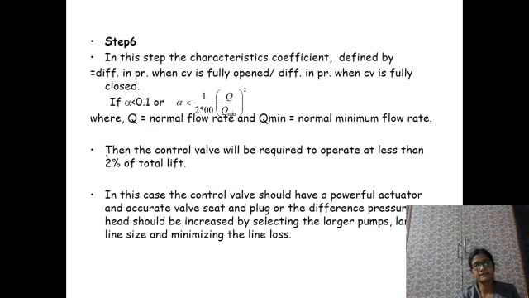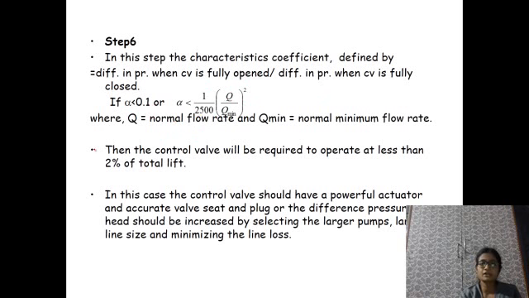Next is the characteristics coefficient alpha, defined as the difference in pressure when the CV is fully opened to the difference in pressure when the CV is fully closed. If alpha is less than 0.1, or alpha is less than 1/2500 times (Q by Q minimum) square, where Q is the normal flow rate and Q minimum is the normal minimum flow rate,